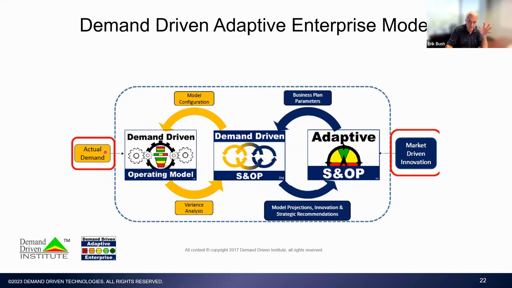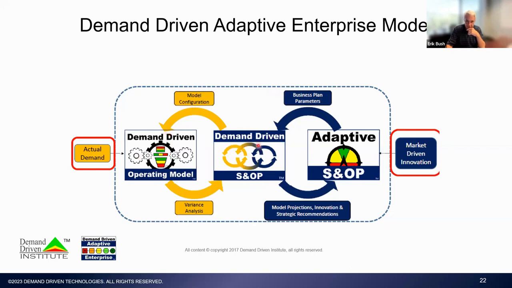The more we can move in this environment, by definition, the more agile we are becoming. On the right side, every business is evolving, and so you have to look forward. And at the adaptive end, you're looking at long-range strategies, like do we need a new plant somewhere, or do we have to make major changes in capital equipment? Are we going to open up new supply or sales channels that are going to influence our environment? So those tend to be more about business plan parameters, whereas as we move to the left side and we're pacing our operations, it's more about how do we configure that model to give us that kind of agility and resilience that we're looking for.